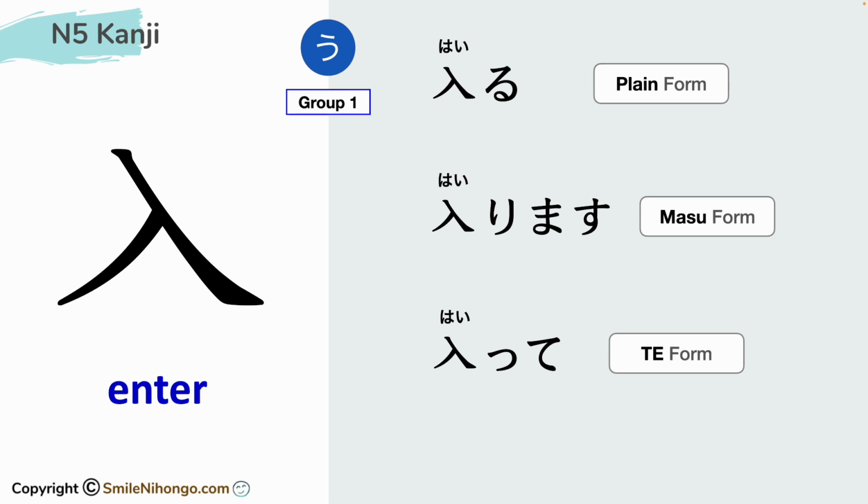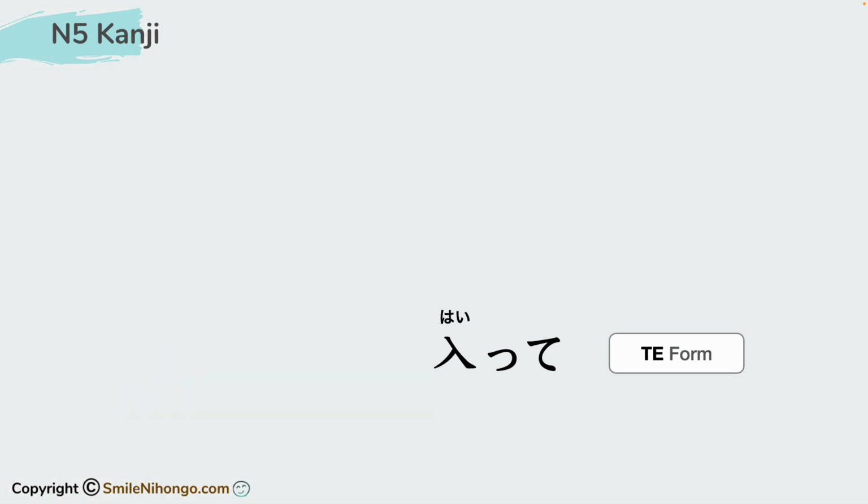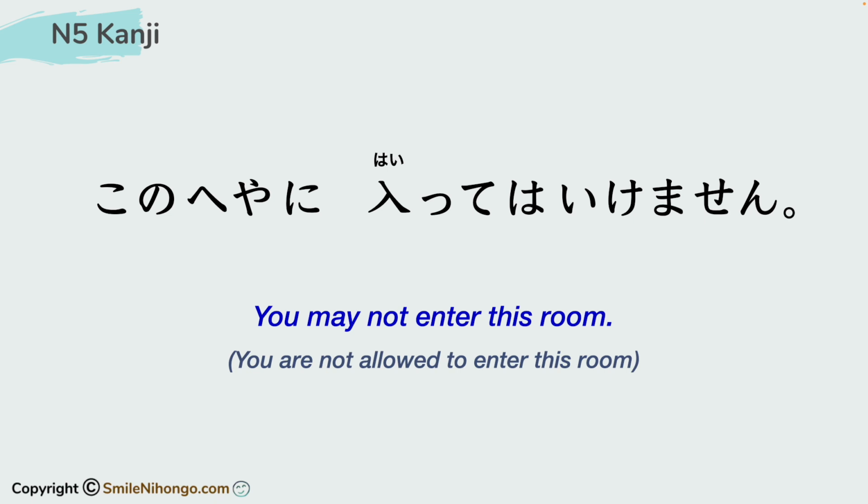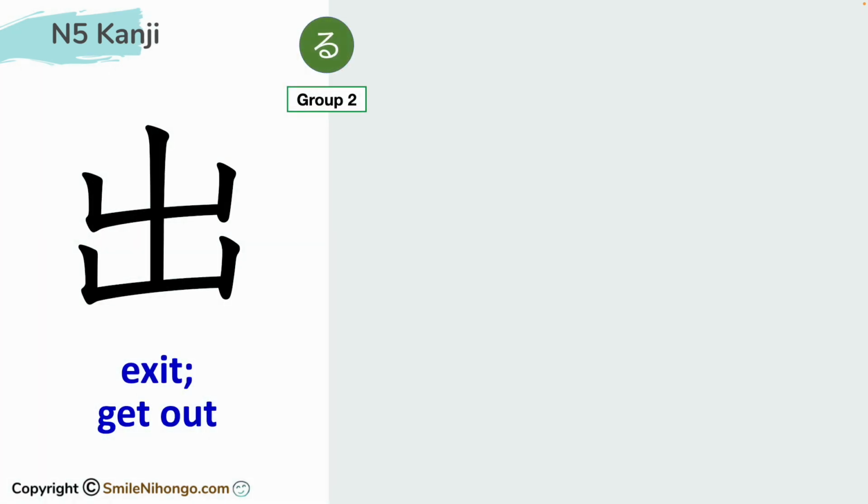Okay, let me show you an example sentence using its te form. 意味がわかりますか？この部屋に入ってはいけません。そうですね。The sentence means you may not enter this room. この部屋に入ってはいけません。When you use the verb enter, you mark the place you are entering with the particle に。